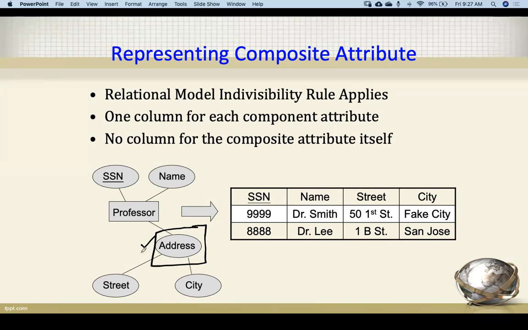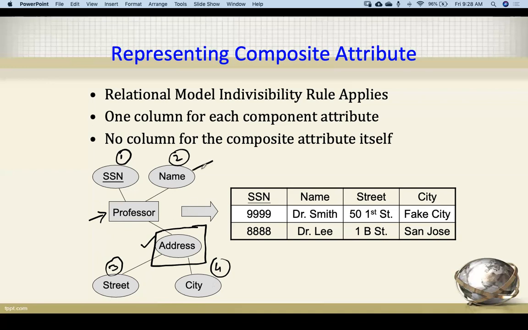So how many columns will be there? This is one column, this is another column, this is another column, and this is another one. So we have four columns for this particular professor table: SSN, name, street, and city, and we'll omit the address column. We will not put the address column here because we don't have data to put in the address column, because address is made from street and city.